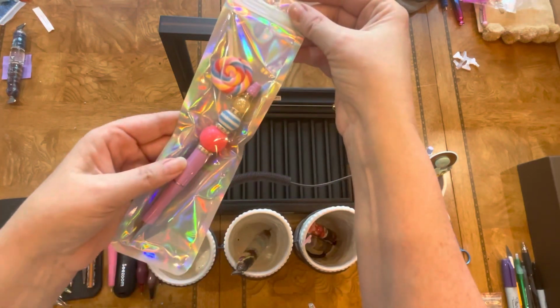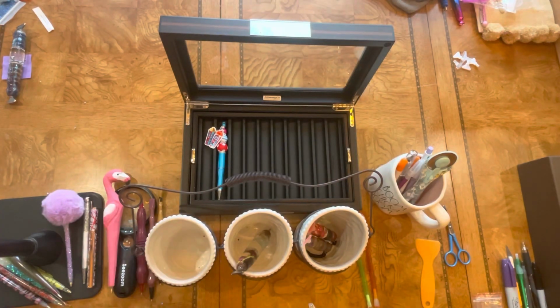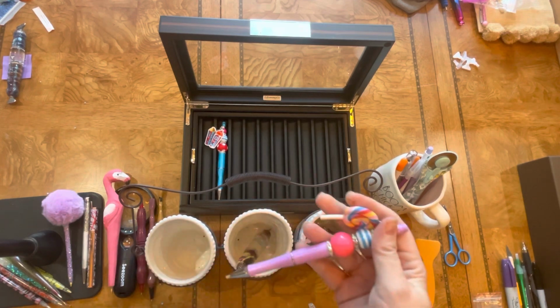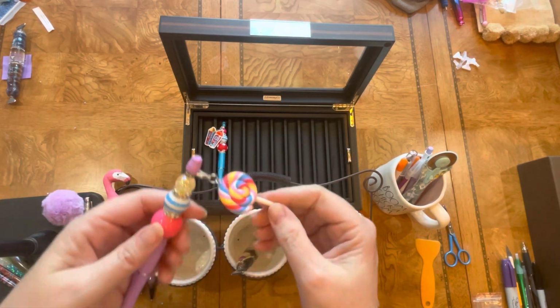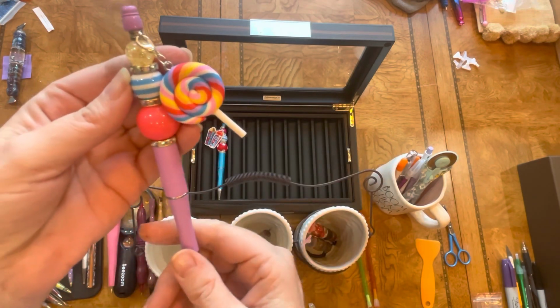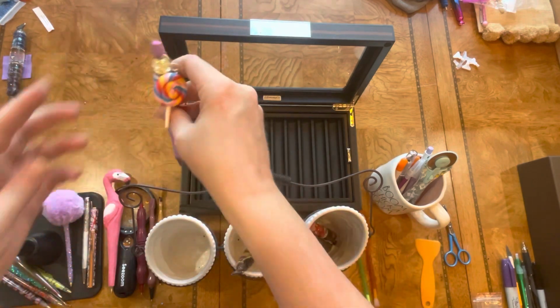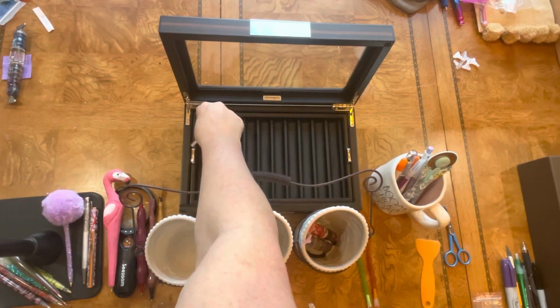And so here's my other one. And I have more in this style. Again, we're just going through really showing you how I was storing some of my pens, because other pens are actually in kit up boxes. And I've kitted up a lot. So that with the candy, so cute. So that, anyway, I'll just put that there